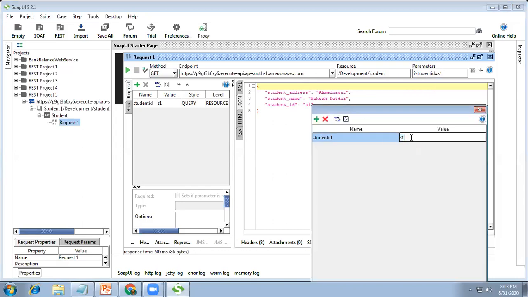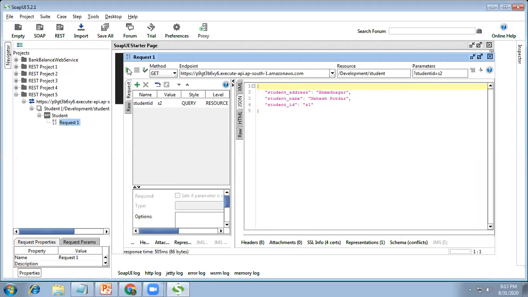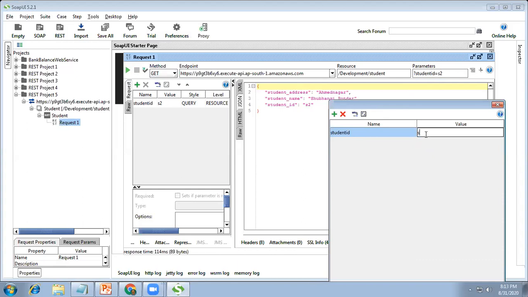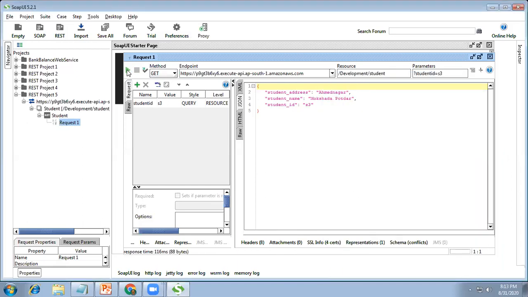S1. Let us test the second, S2. Change the value to S2, then execute the URL, and you will get the second record. Let us test the third record also, S3, and run it. So now the URL is ready, running on the internet server, the cloud server, and a user can access this API with the help of this particular